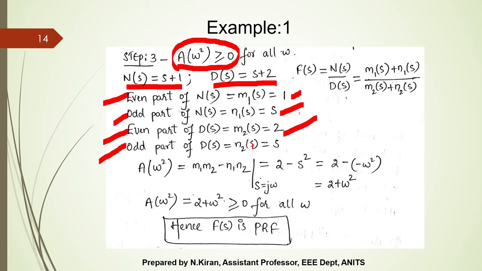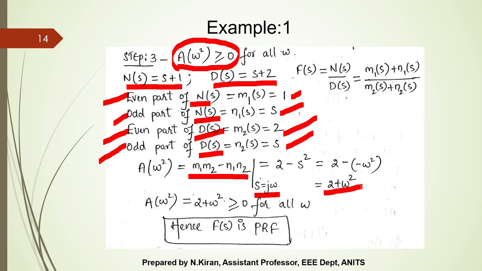The odd part of the denominator polynomial is s. So A of omega square is nothing but m1 m2 minus n1 n2, and substituting s is equal to j omega, where small m1 indicates the even part of the numerator polynomial, small n1 indicates the odd part of the numerator polynomial, m2 indicates the even part of the denominator polynomial, n2 indicates the odd part of the denominator polynomial. So when I substitute all the values